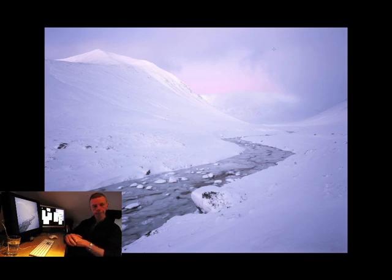Did you think about standing in the middle of the river at some point? Yeah, that was one of the things that occurred to me, but my sense of survival was stronger than that. My feet weren't that warm as it was, and in fact, when I made this picture, I still had my old climbing boots, which weren't very good either. So I was struggling a bit with the conditions. I ended up realising I would have to work from one side and use what in compositional terms is, if you like, classical